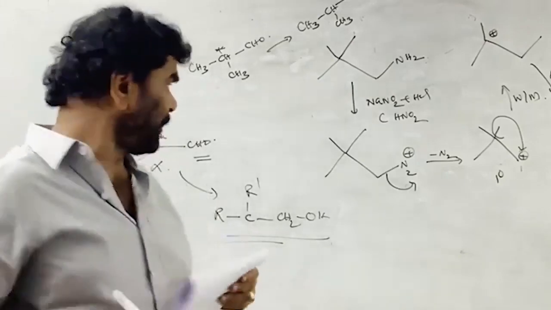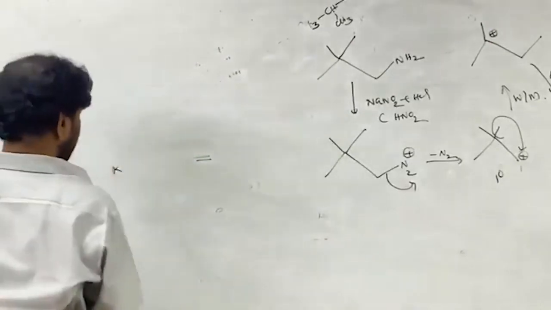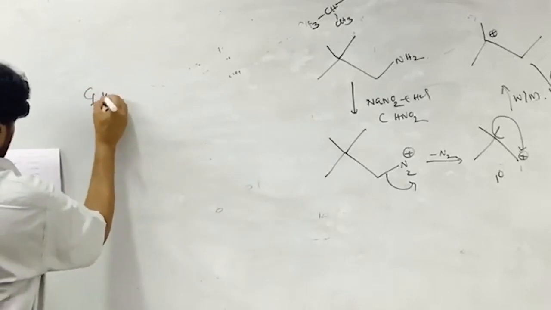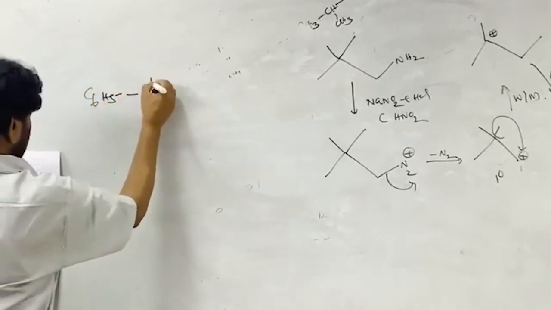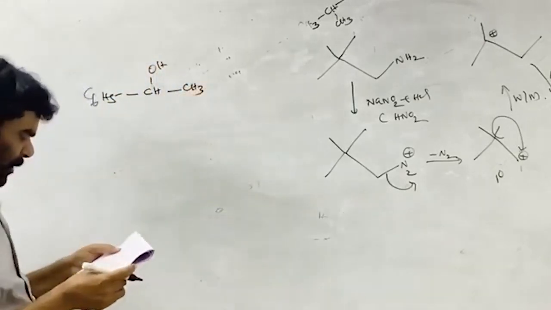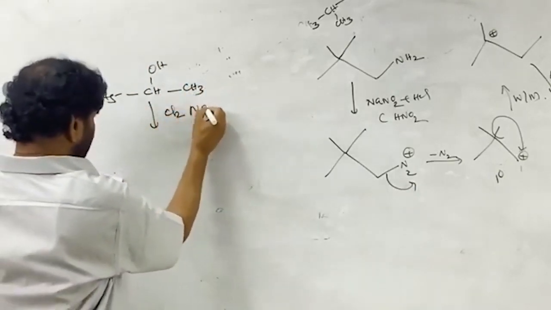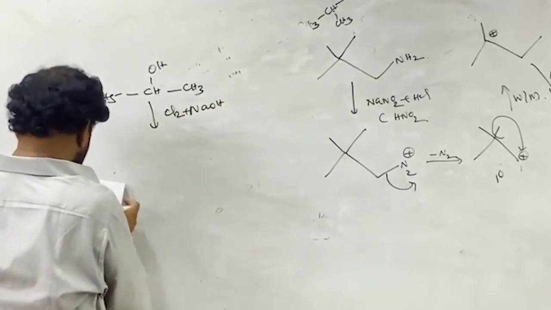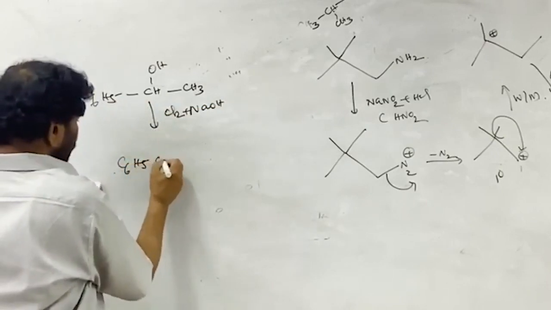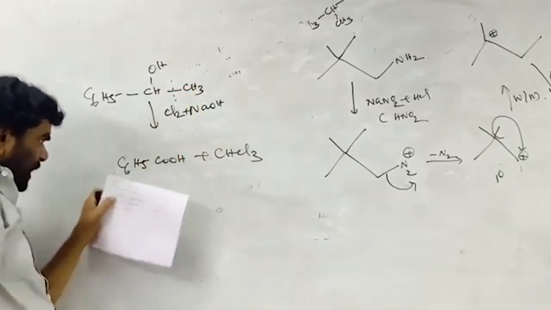Here it is treated with the C6H5CHOHCH3. It is treated with chlorine, the haloform reaction, the chloroform reaction. So chlorine plus sodium hydroxide and warming. Then what happens? On acidification, it gives C6H5COOH plus chloroform. Chloroform formation, this is the reaction.